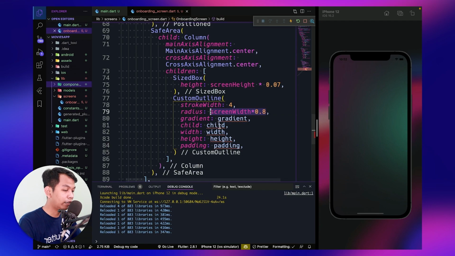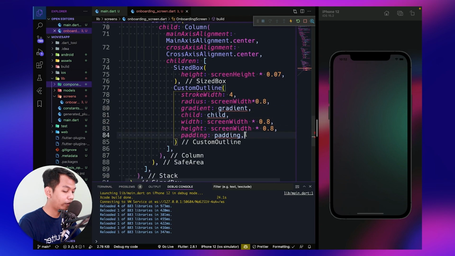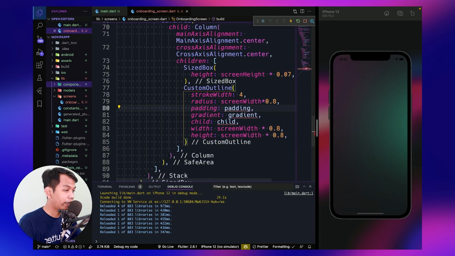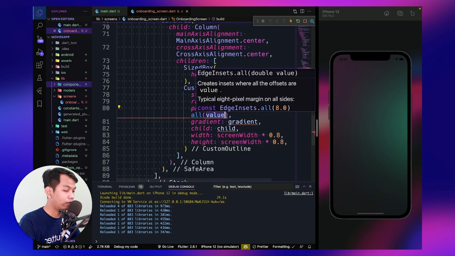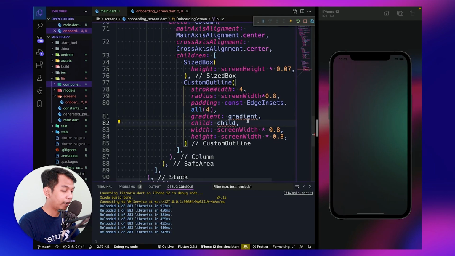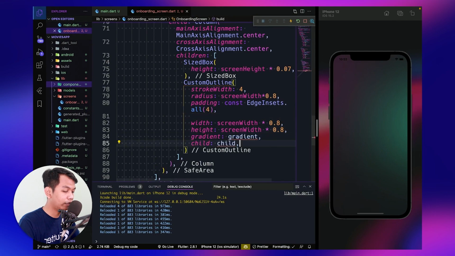For the width, make it the same. For the height, make it the same. We need to move this here. For the padding, we just say all 4. We cut this and move it here.